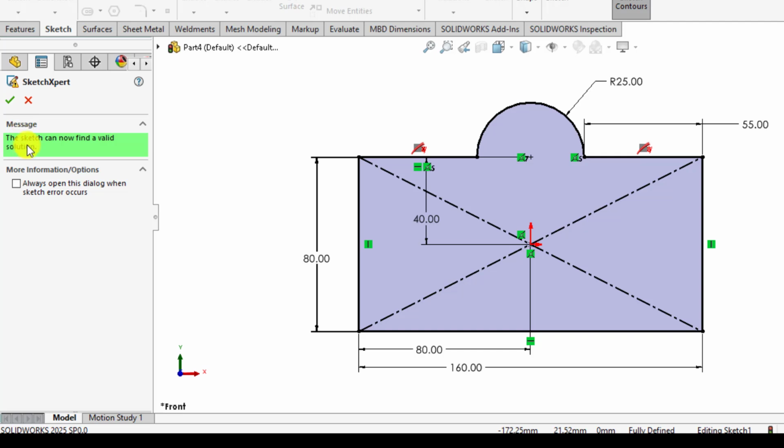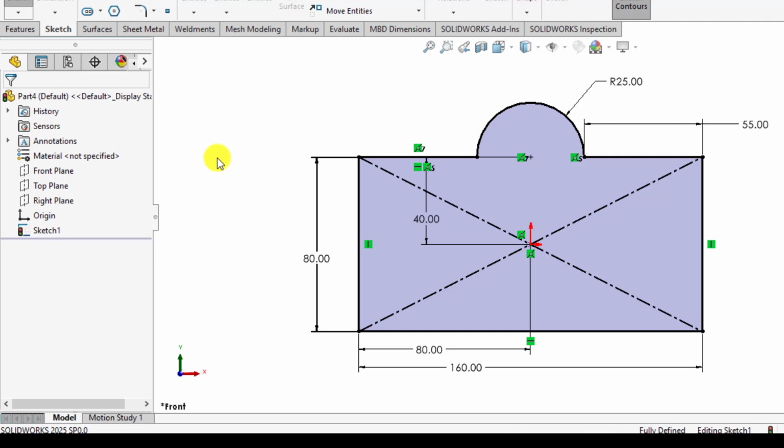You can see the message, the sketch can now find a valid solution. Okay. Here you can see on the tab that our sketch is fully defined. But actually, we want, you can see that this dimension is additional. And also, these dimensions might need to be removed. So instead of deleting the collinear relations between these two lines, we have to delete these dimensions. So undo your